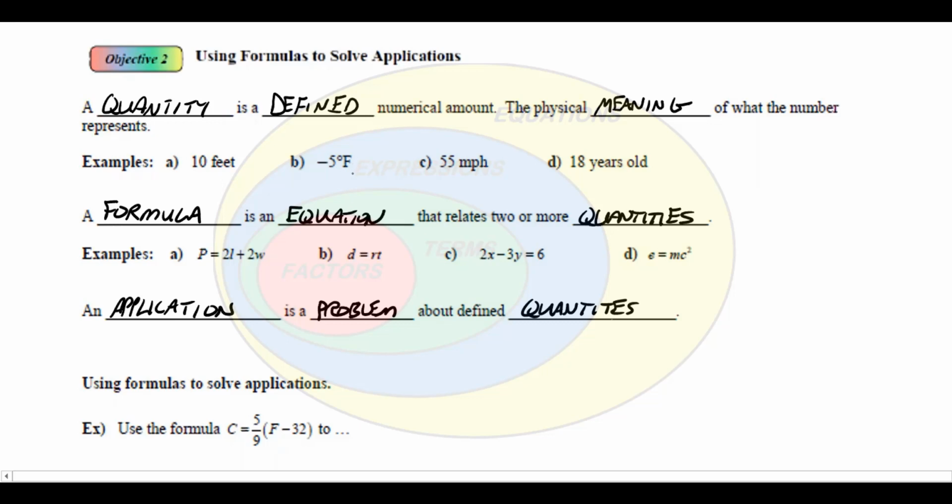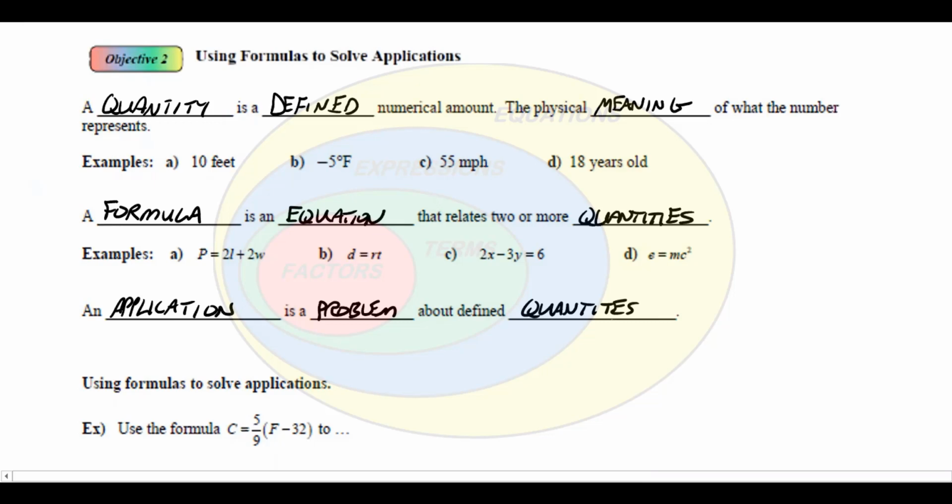-5 degrees Fahrenheit. Yep, that's cold. Hopefully we won't see that until next semester, or in a few months for sure. But 55 miles per hour, 18 years old. So anyway, a quantity is just a number that actually has a meaning, that has a unit attached to it,